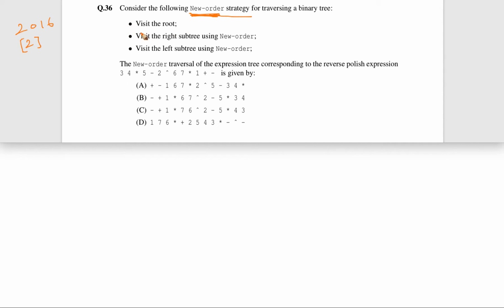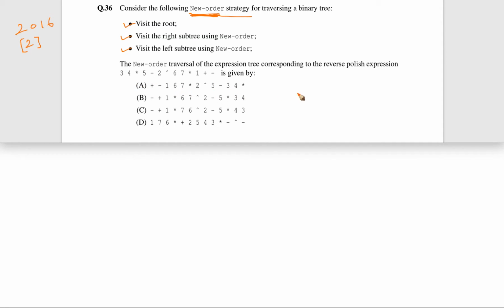which does traversal something like this. Firstly visit the node, then visit the right subtree, and then visit the left subtree. Okay, this is the way in which this new order strategy is defined. Okay, we'll come back to it later. But what we have to do, that we have to